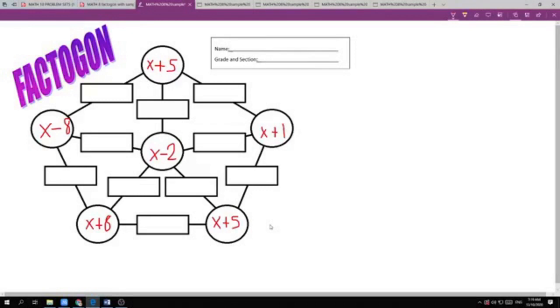Okay? Now, sir, how are we going to come up with the answers over the rectangle? So you start with x minus 8 and x plus 5 to get the output here. So how do you go about it? Take note, you are given x minus 8 and x plus 5. So remember your grade 7 topic,